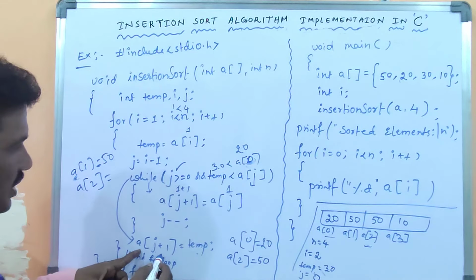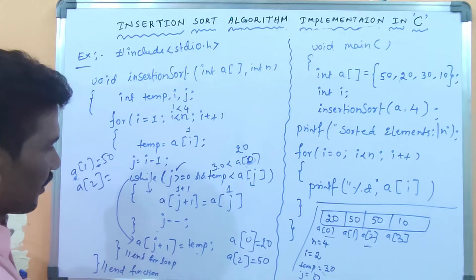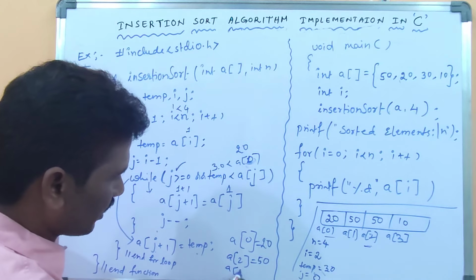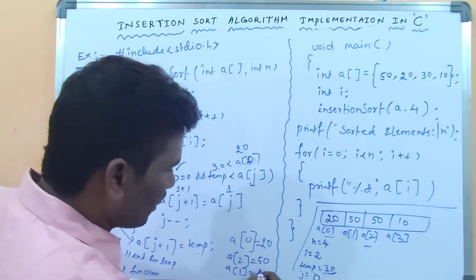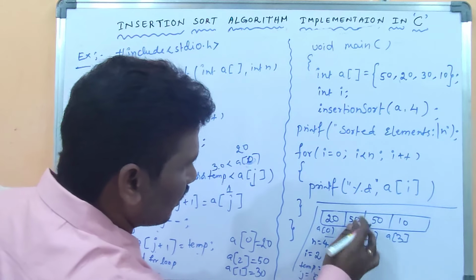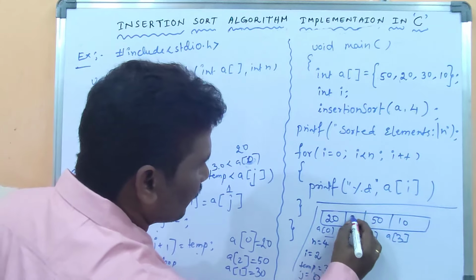What is the j value? J value 0. 0 plus 1, A of 1. Then A of 1 equal temp. What is the temp value here? 30. Then A of 1 will be 30. Then it has also completed. Then after that,